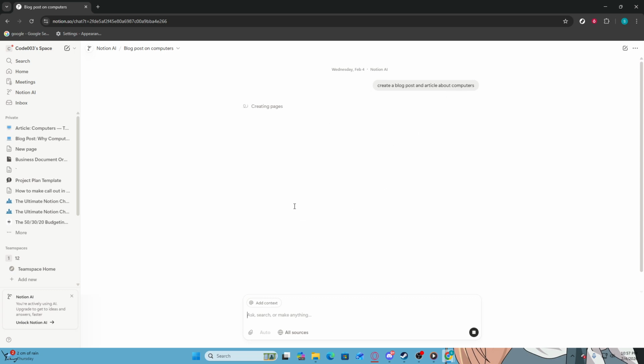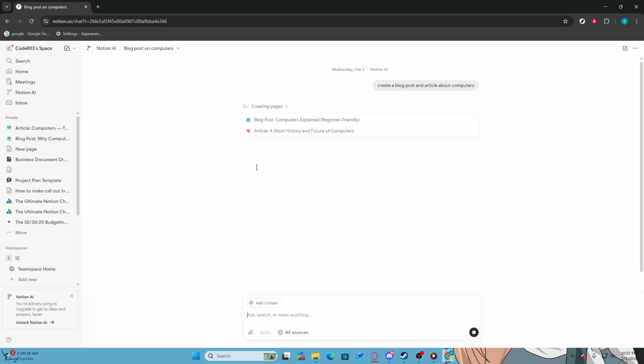For drafting sections of your article, you can use the draft feature. Click on AI again, then select draft content. You will be prompted to specify the main points or sections you wish to cover. Enter your prompts and click Generate. Notion AI will produce text based on your inputs, which you can then edit and refine according to your style and